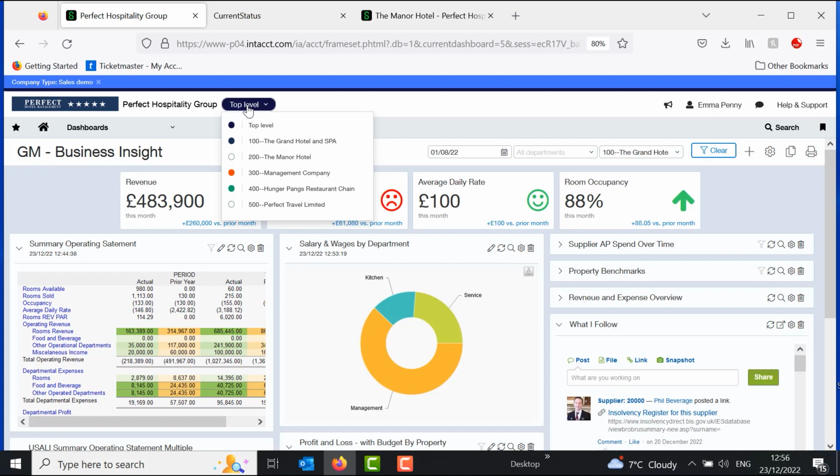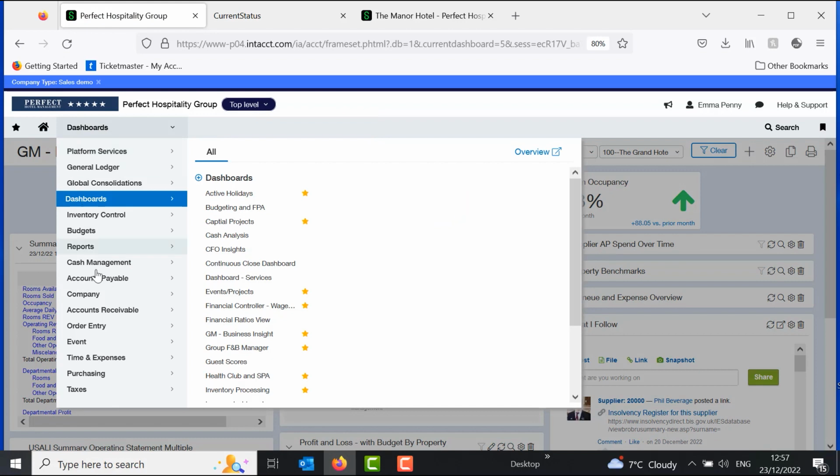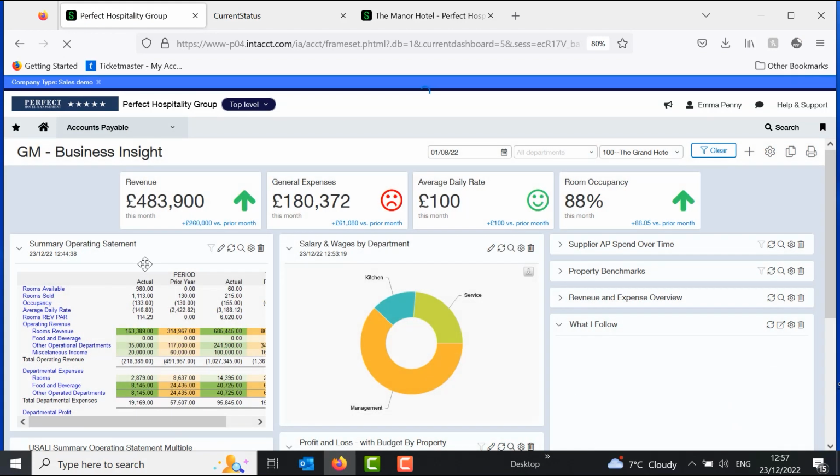So it can facilitate a shared service centre approach where you've got accountants sitting at head office and they can process one transaction 1 minute for the Grand Hotel and Spa, and a transaction again for the Manor. And these are all transactions, so journals, invoices, payments, bank recs, and so on. All the accountants need to do is sit at the top level, and when they process transactions, if they go into something like accounts payable